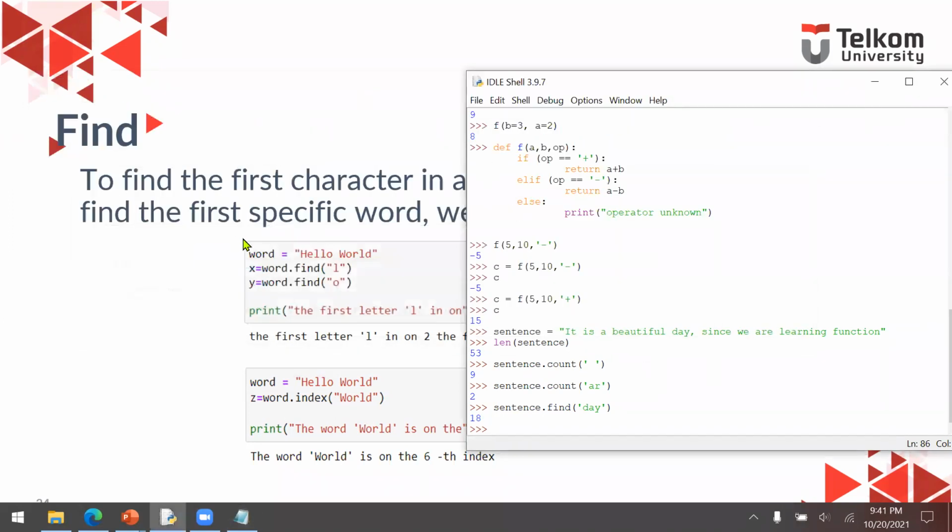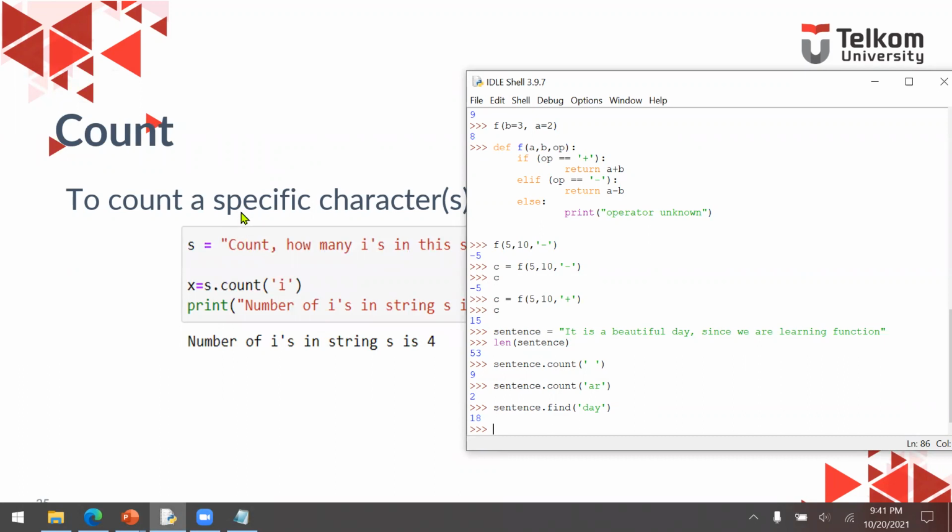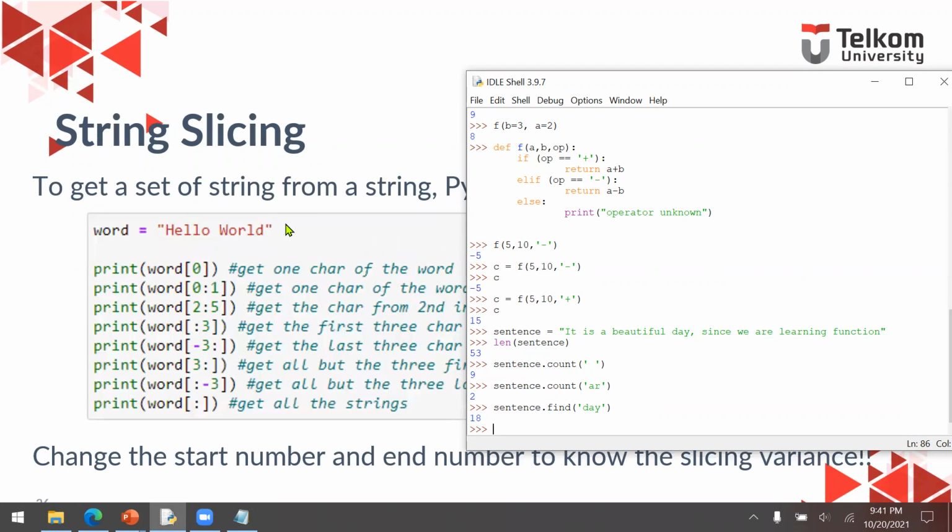Okay. Now that's found, and then count. We use the count and then slicing. Just like in list, we can also slice a specific substring inside the sentence. For example, sentence, and then, not using a method, we can just use 18 and then 21.